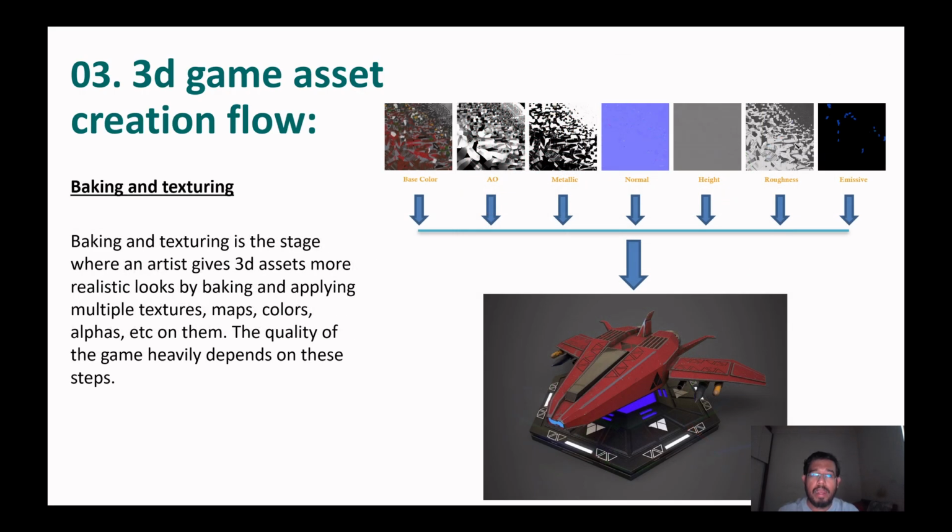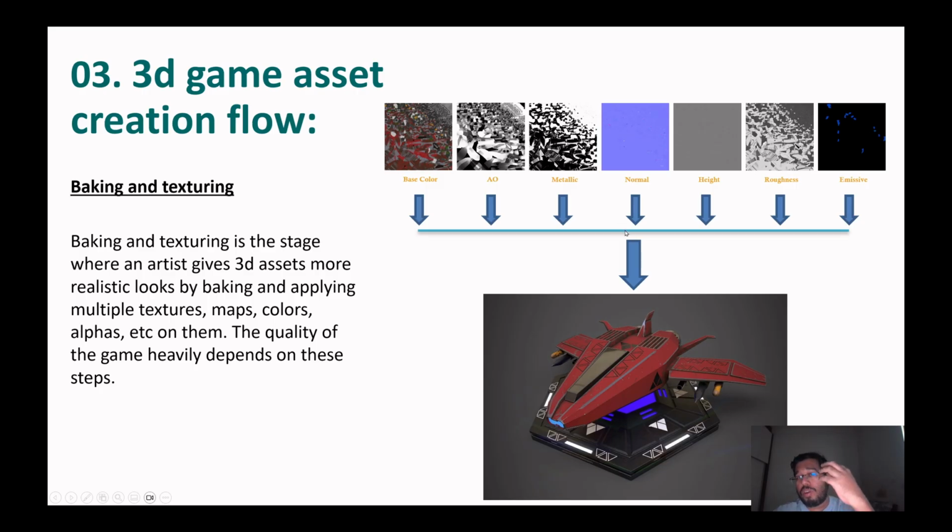Okay, then baking the texture. After the UV mapping, then comes the texture baking. There are a lot of software for it: Substance Painter, Mari, Marmoset Toolbag, that sort of software. So typical PBR assets come with typical PBR textures. They come with these kinds of maps, like the base map, and AO, which means ambient occlusion. Metallic means